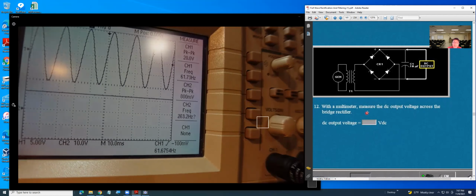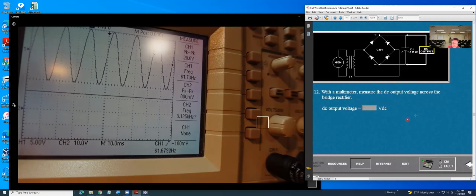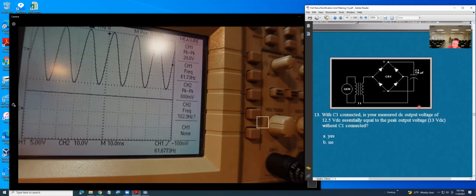Now, with the meter, measure the DC output voltage across the bridge rectifier. That means now you take the meter and you measure DC voltage, okay? I'm not trying to do it in here. And with the C1 connected, you measure the DC output voltage around 20.5 volts DC, equal to the peak output voltage, okay,